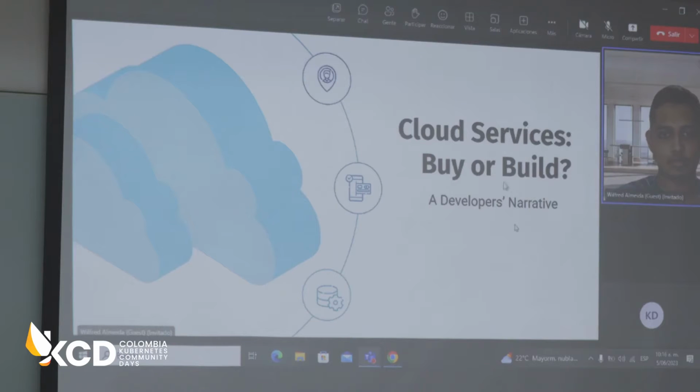So, as developers, when we are posed with the problem of deploying something on the cloud, whether to build our own cloud or